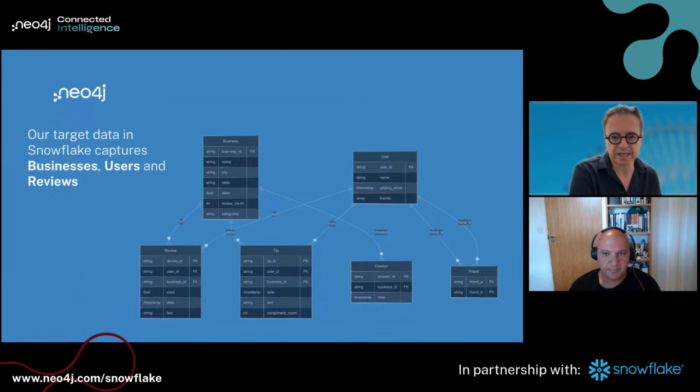The Yale data set is a relatively simple but very expressive data set. It's composed of millions of reviews for businesses, in this case in the US. And they come together with a social network of users and reviews that those users provide. So this is a typical use case for Neo4j. And so what we're going to show is how we can effectively present a graph